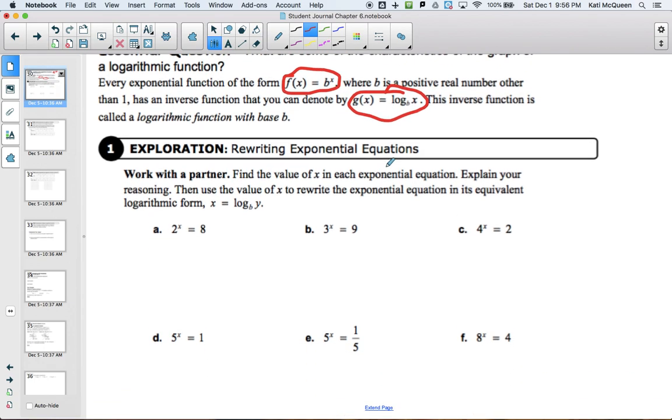Okay, so we're on page 164 here. And they ask us to find the value of x in each exponential equation. And then I'm going to rewrite this in log form. So let's first think about what the value of x is here. This is saying 2 to what power is equal to 8. So we all know here that x is equal to 3 because 2 to the third power is 8. Okay, so this is exponential form. Log form would just mean I would have log